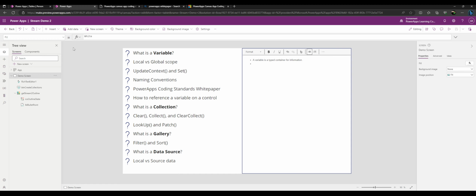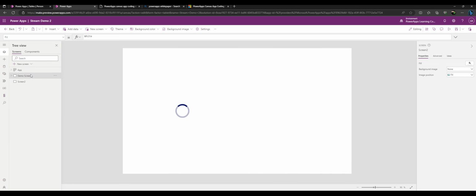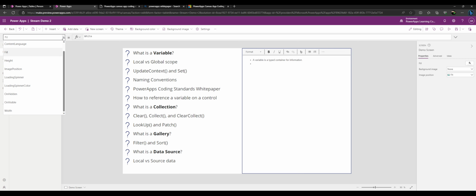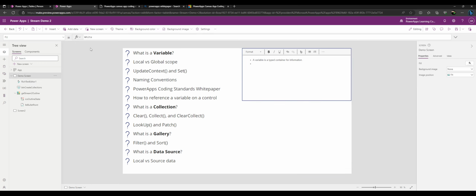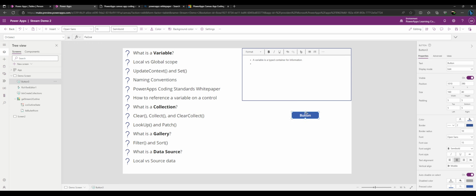So update context and set. Let's do some experiments and try that out. Let's make a second screen and let's learn about what variables are. Let's pull this up and give ourselves a button. Oh, and let's check off when we talked about variables, and also local versus global scope, but we didn't quite talk about it yet. So inside this button,